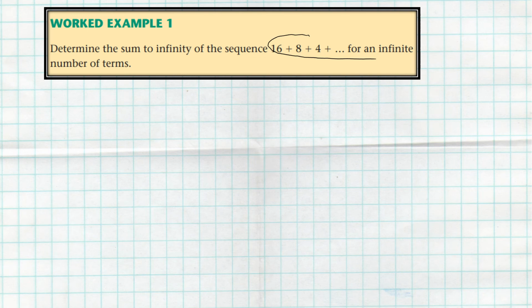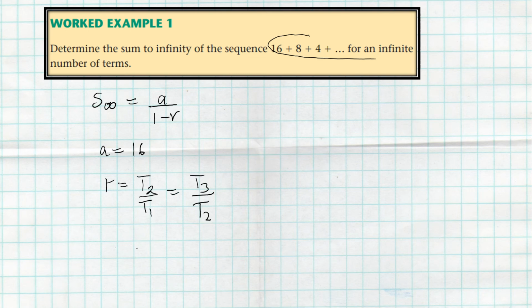So the terms are just going to infinity, so we'll calculate the sum to infinity. This example is basic. They just tell you to determine the sum to infinity, so it's simple, for an infinite number of terms. We know the formula for sum to infinity is A over 1 minus R, right? Where A is our first term, which is 16, and R is our common ratio, which we get by saying the second term divided by the previous term, the third term divided by